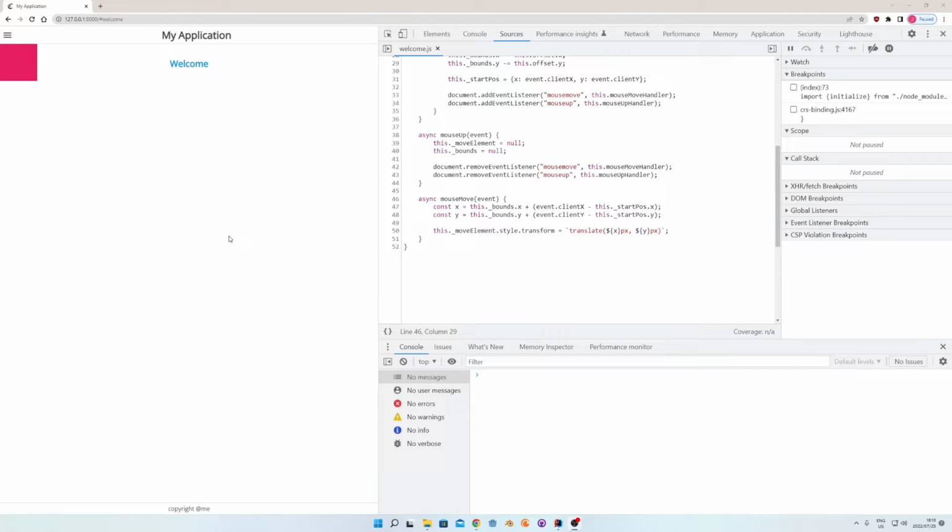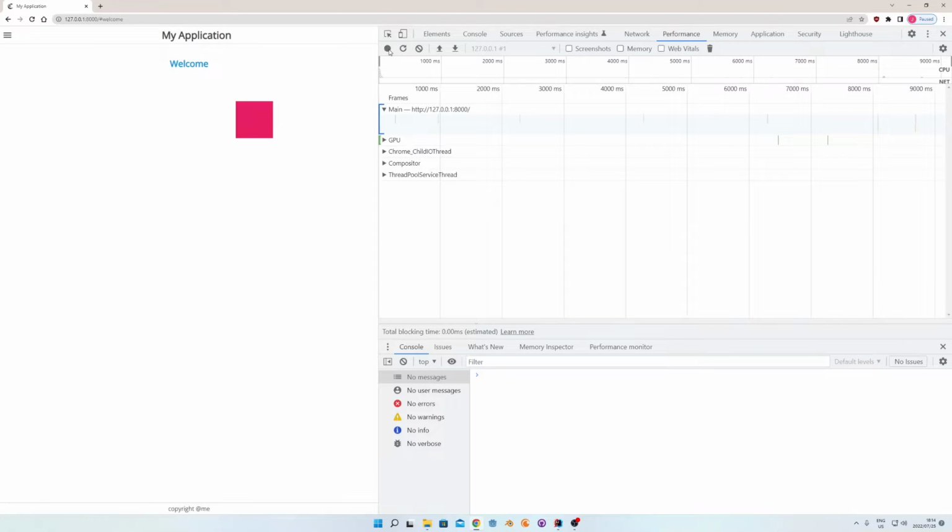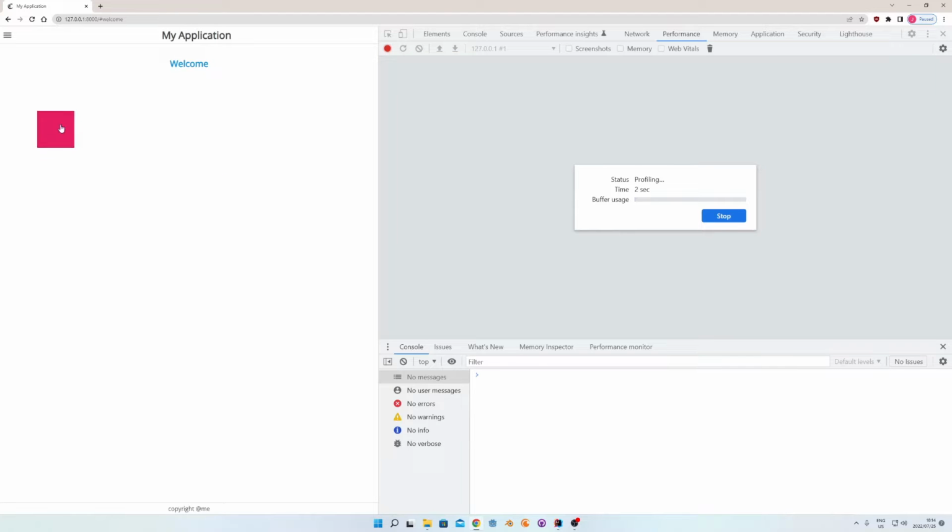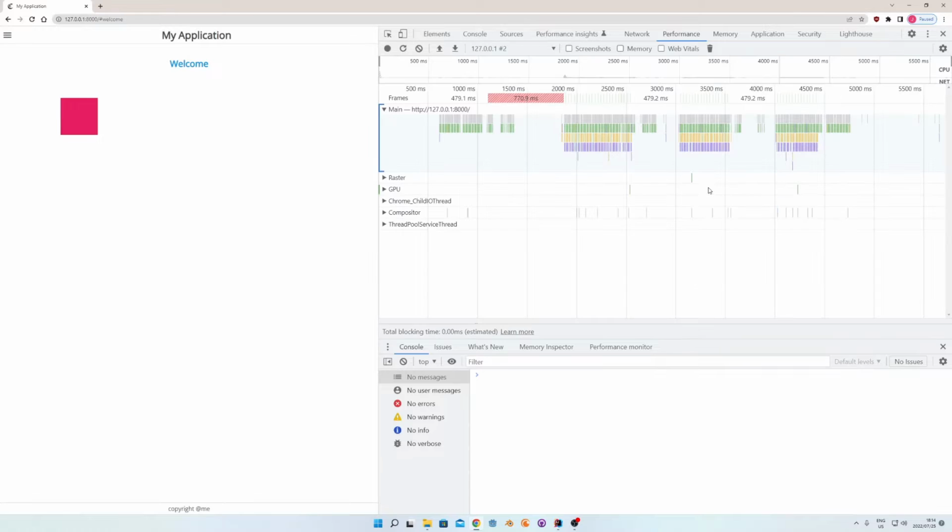Alright, in the previous video we were looking at setting up the events for a drag and drop operation on a div, but the div wasn't tracking very well with the mouse. We've now fixed that, so I can click and drag the div, and it's tracking quite nicely. I can also go to my performance tab, put my performance recording on, and click and drag, click and drag, click and drag. And when I have a look at this,